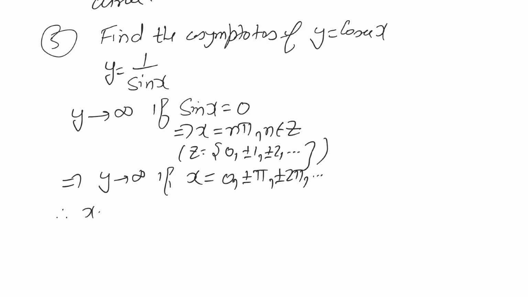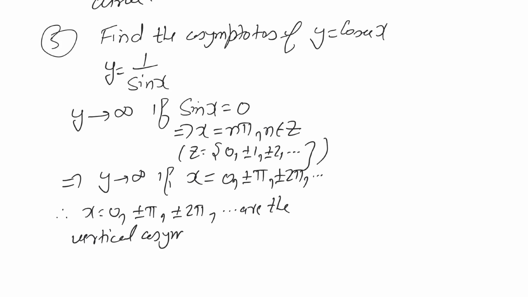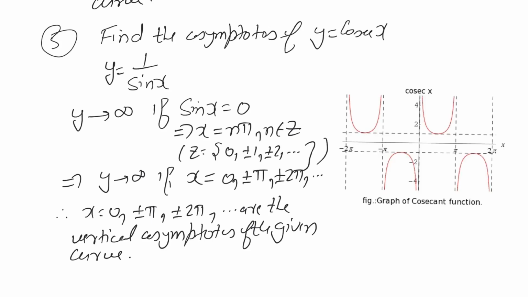Therefore x is equal to 0, plus minus pi, plus minus 2 pi are the vertical asymptotes of the given curve, and these are infinitely many, and the figure of the given curve is given by, here x is equal to